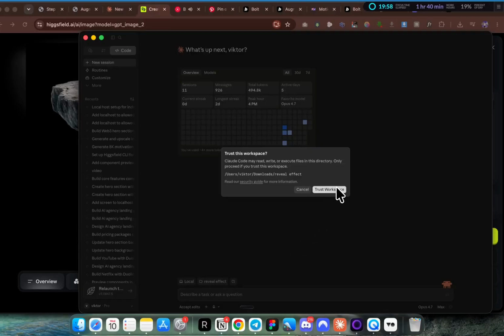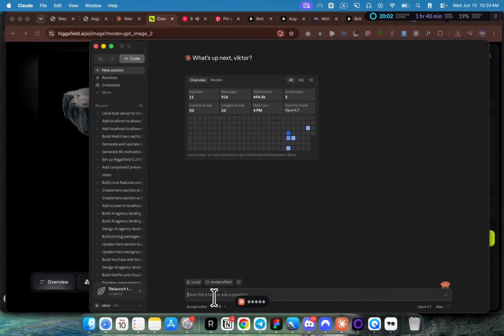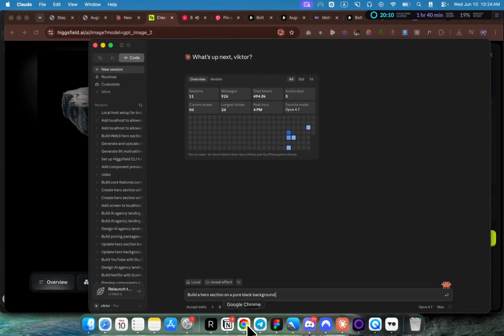Let's click on Open Trust Workspace. And let's build a hero section. So let's say, build a hero section on a pure black background. And instead of trying to describe with words what you wanted to create, that can be very difficult if you're